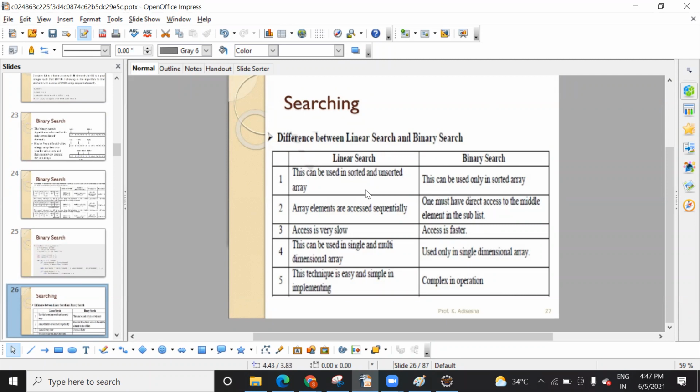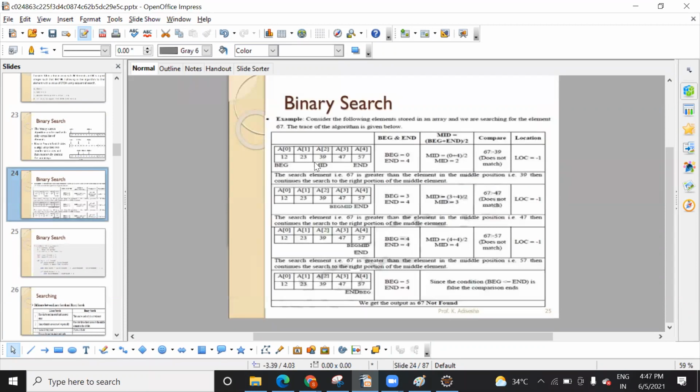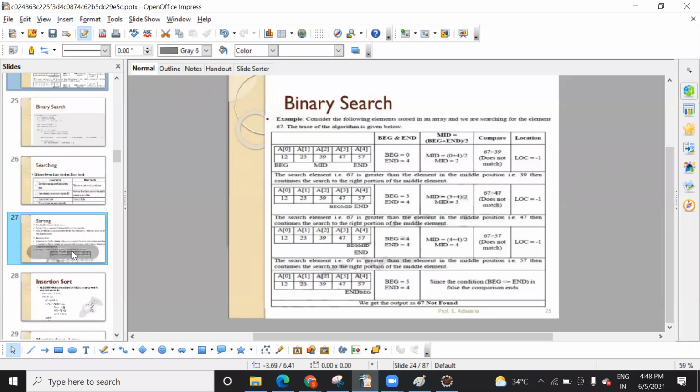One more important thing is linear search can be applied on sorted and unsorted data, but binary search is applied where the data is sorted. Here we have sorted data, and that's why it is easy to apply, because based on that itself you will be able to find the middle element, as well as take a decision that if this middle element is less, then you will consider this side, otherwise this side. So this was the logic for the sorting.